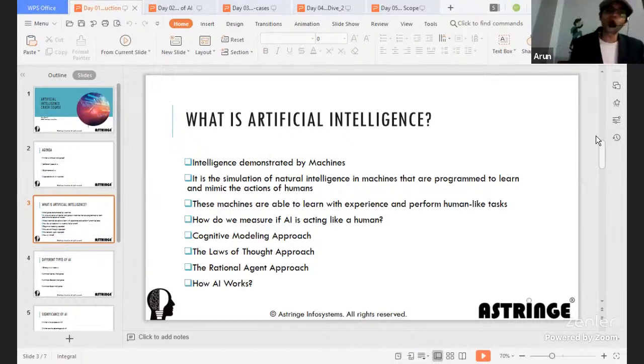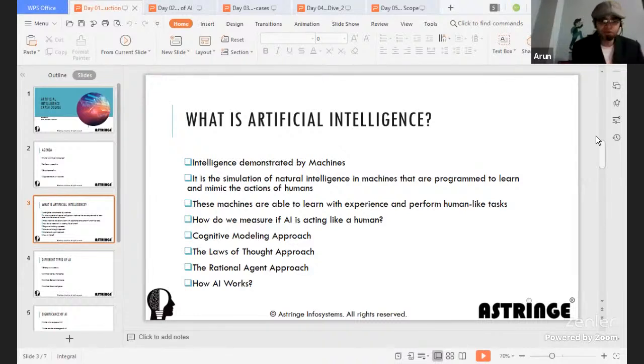Now, what is this cognitive modeling approach? Cognitive modeling approach is where you would actually create a model in such a way that it understands the human abilities. That is cognitive intelligence. So that's a whole different topic, like how we can use the cognitive modeling things and all. What we'll do is that we'll see each of the topics in much more detail as we go ahead, because some of the topics are going to be re-referenced in the further slides, I'm pretty sure. So there I'll touch base on them, right?